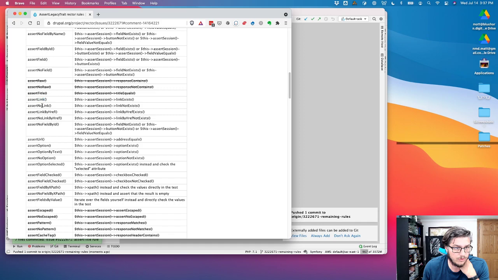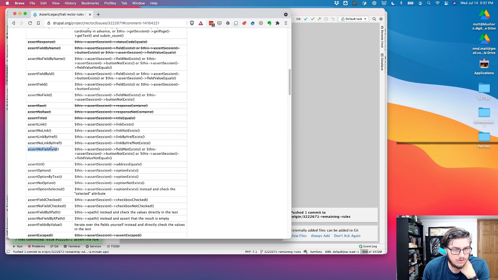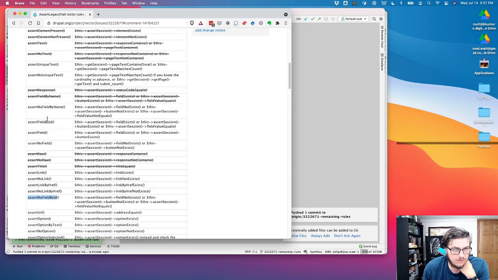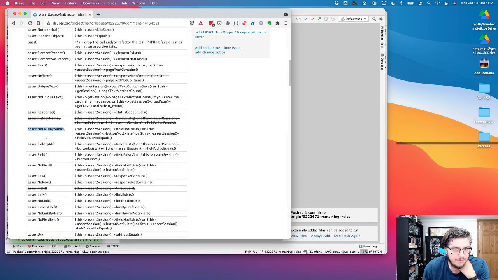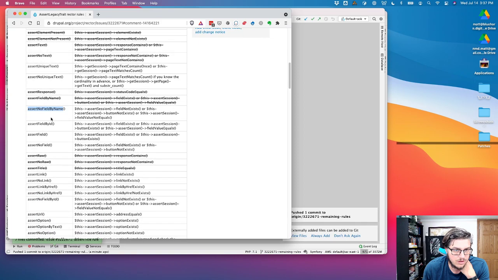I guess we'll do assert link. So we have assert link by ref and no ref. Assert no field by ID. So I feel like that could be taken care of inside of assert no field by name. Field not exists. Field not exists. So that's some of them. So assert by ID is actually by name. So maybe we could do